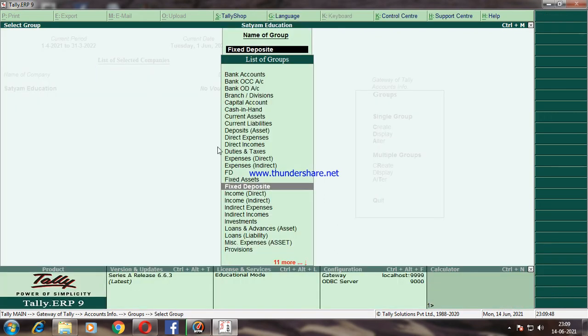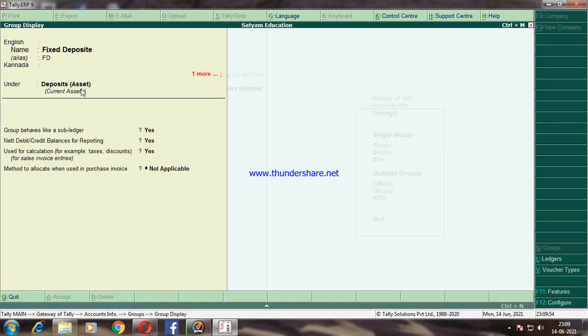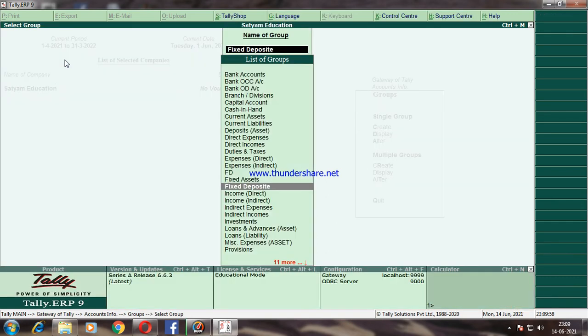Or if you click on the fixed deposit option, the same appears. So this allows you to display the group from the list by using the alias name or the account group name. Both options are available to display the group in Tally.